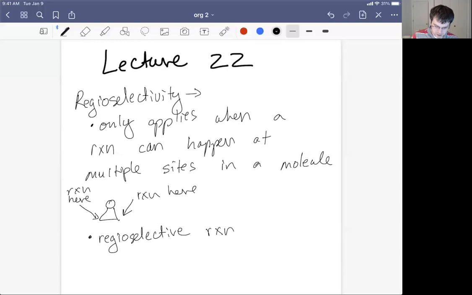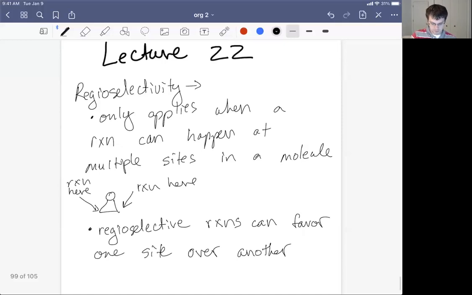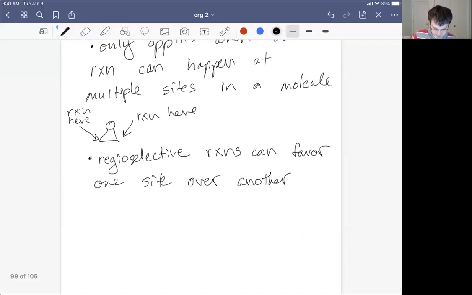But we could say that a reaction is regioselective if it can favor one site over another. Regioselective reactions can favor one site over another. So if we look at this in context, we would say that ring opening of epoxides under basic conditions